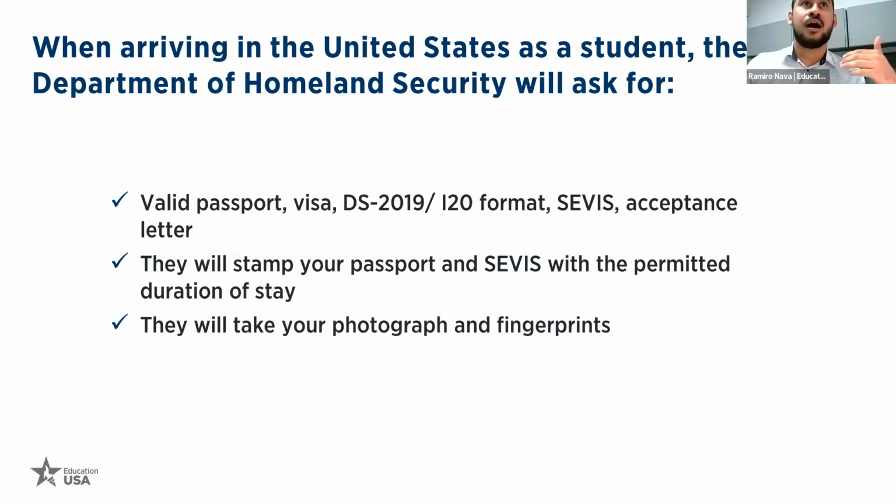So the officer, a few minutes after checking these documents, is going to take a picture of you, and it will capture some fingerprints. And the officer, after that, is going to stamp your passport or SEVIS. So remember that the stamp is like a symbol of entry, and you are now ready to immerse yourself in